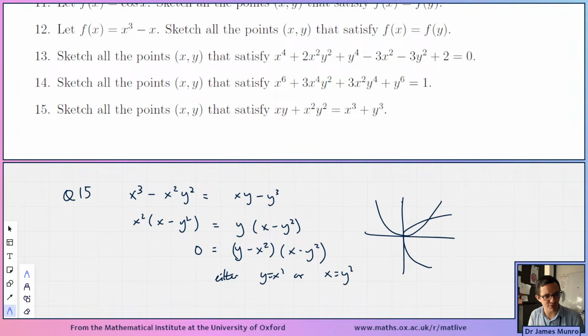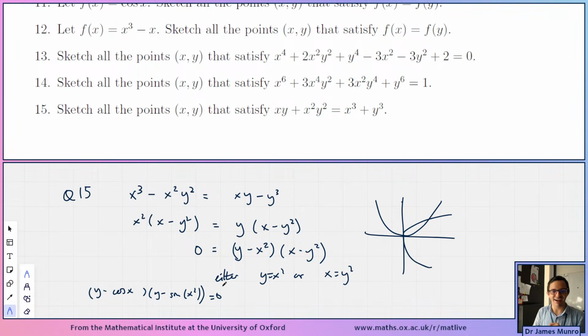I think I admitted it before on the stream, but I'm going to admit it again. I forgot how to do this. It's a question that's quite fun to write, because if you're writing these as a challenge for your friends, you pick two brackets where you can sketch each of the brackets. So you might pick y minus cos x, and you might pick y minus sine of x squared, because we did that one earlier. And then you might multiply those out,